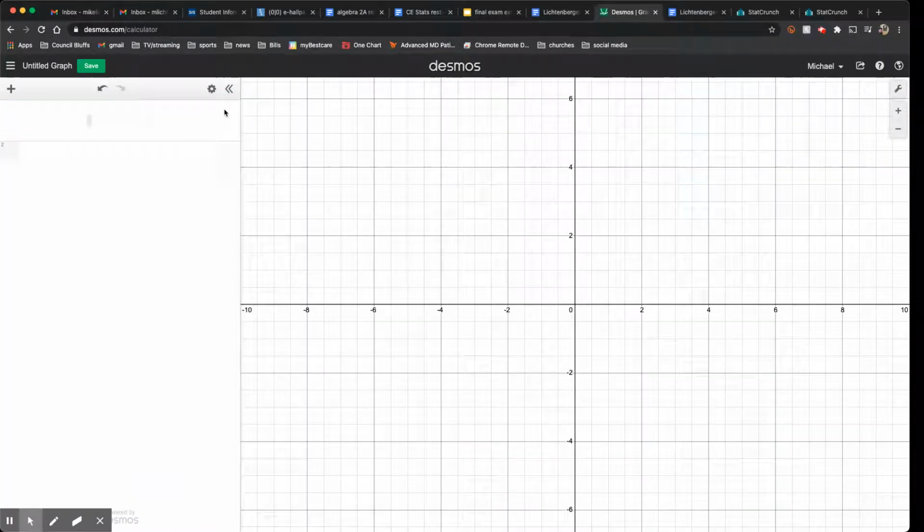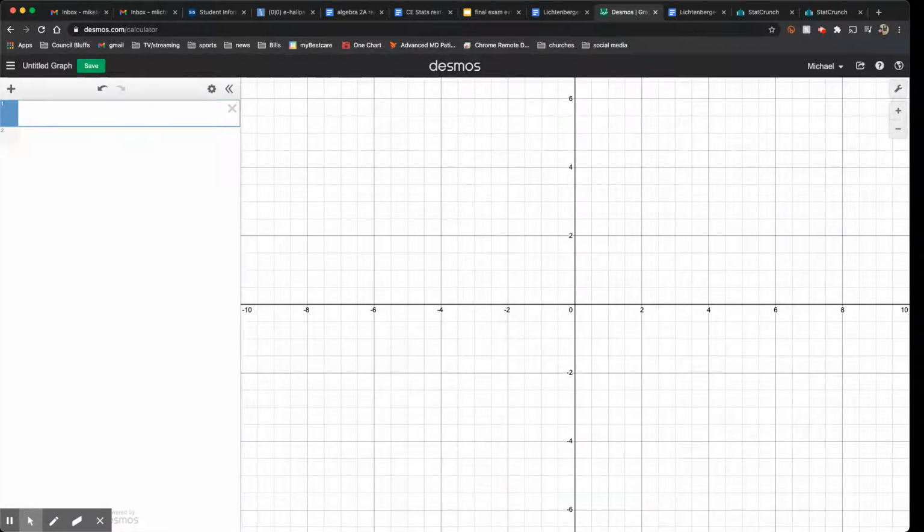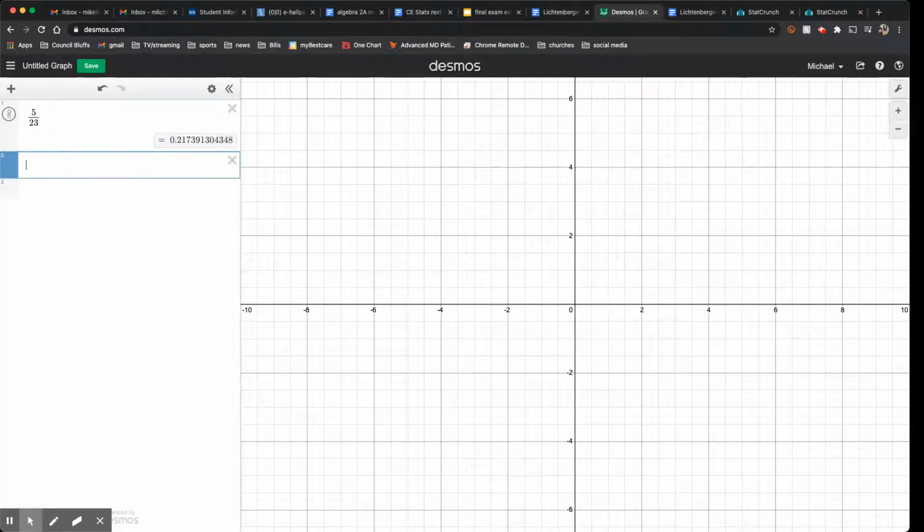So the probability of some event happening is 5/23. If that is the chance of some event happening, the chance of it not happening, otherwise known as the complement, would be 18/23. How did I get that? Well, I did 23 minus 5. Notice if I add these fractions, 5/23 and 18/23, I get